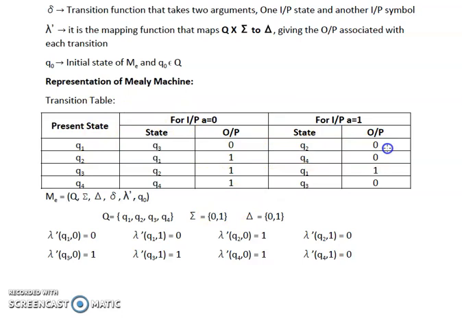We can also represent it in the form of a function or in the form of a graph. So in our next video, we will watch how we can generate a diagram corresponding to this particular table. So how can we represent this table for delta in the form of a transition graph or transition diagram?